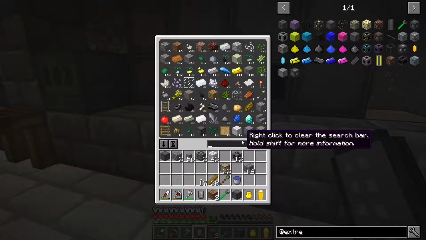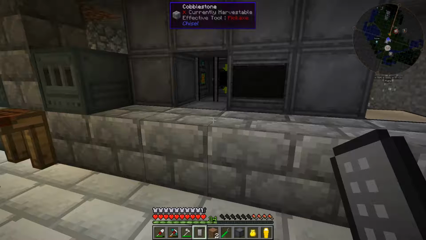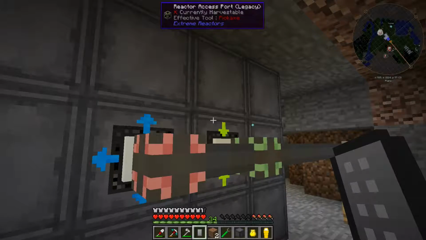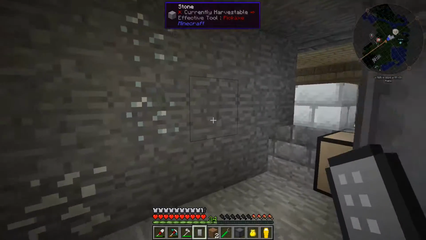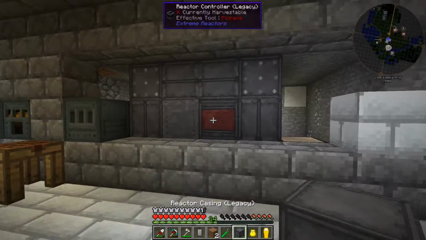So if we go Yellorite, there's nothing in the system. Is it doing it? Why? That's a bit weird. Are you still putting stuff in? Sweet. Let's actually just take these out, and you're sorted. And then let's go over here to make this a reactor again. Turn it on,